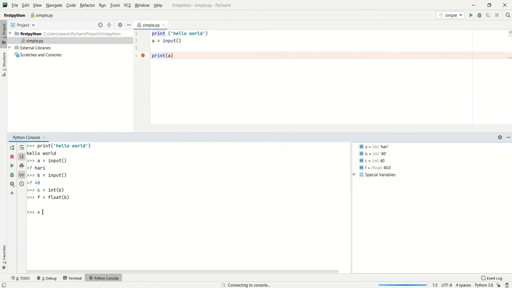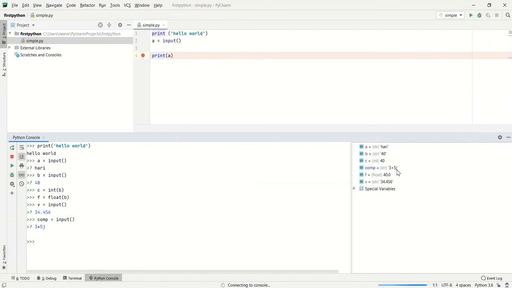For example, I am going to receive input. I am going to feed something like 34.456. This is also considered a string variable with the string content of 34.456. Even if you provide a complex value as an input, like 3 plus 5j, that will also be considered a string with 3 plus 5j.